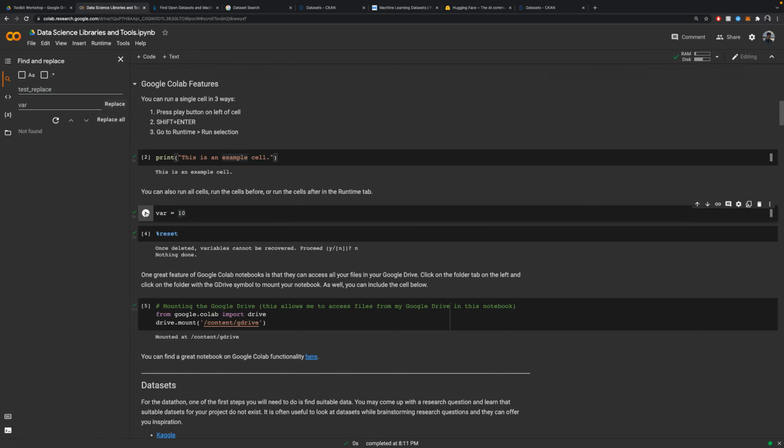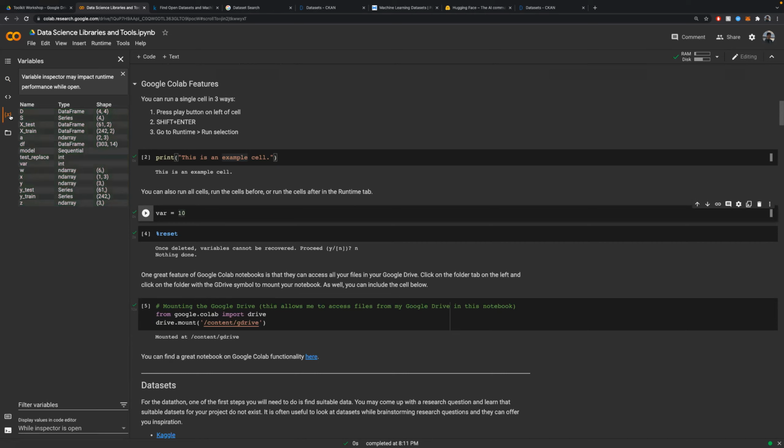So if I run this and I look at our variables, this is our variables tab, you'll see that I have this var as well as, oh, I do, sorry, yeah. Before it was test replace. So even though I've now changed the name of this variable, it still exists in the notebook, meaning that if I were to create a new code cell, oh, speaking of which, sorry,